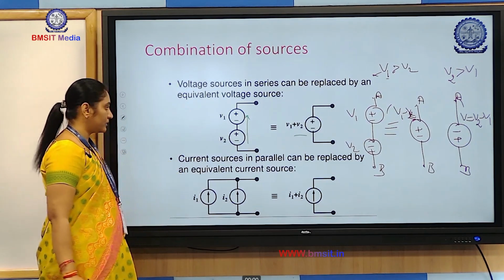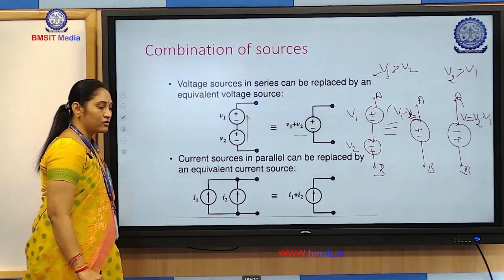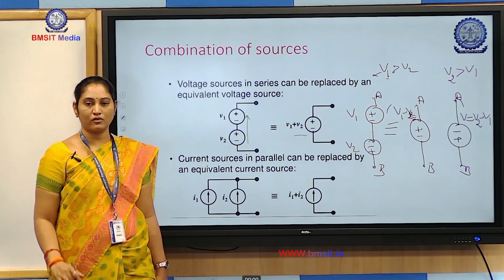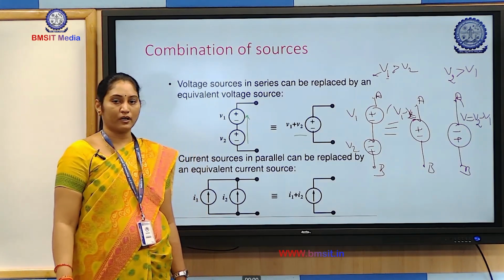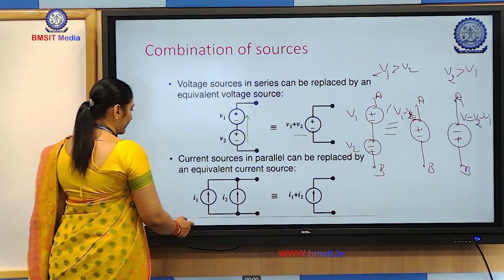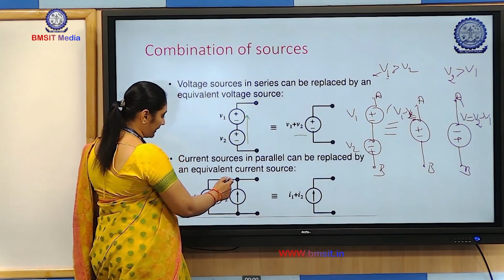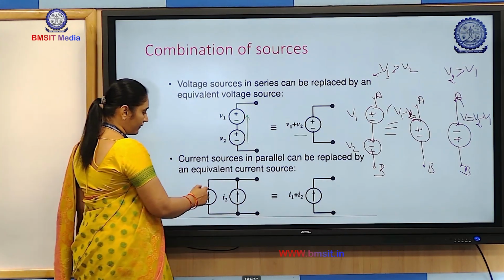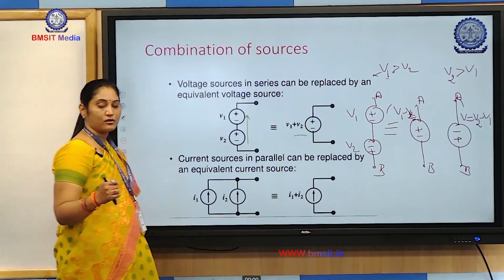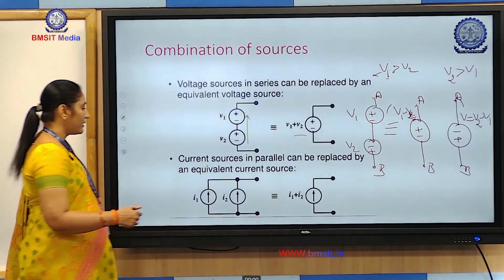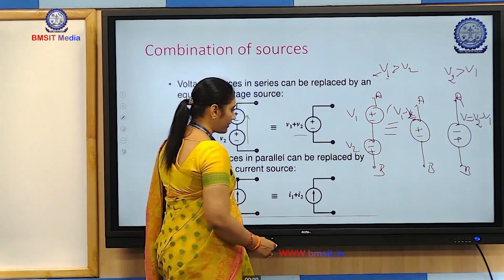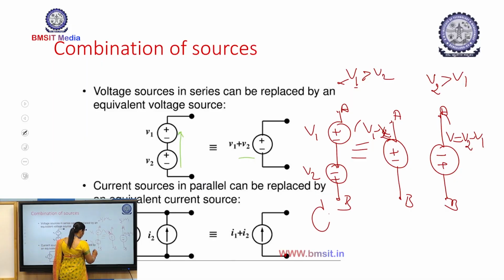Current sources can also be replaced; n number of current sources can be replaced with a single source. When they are connected in parallel, and if both the current sources have the same direction, we can just add them. Suppose the current source I1 is in this direction and I2 is in this direction, then the resultant,